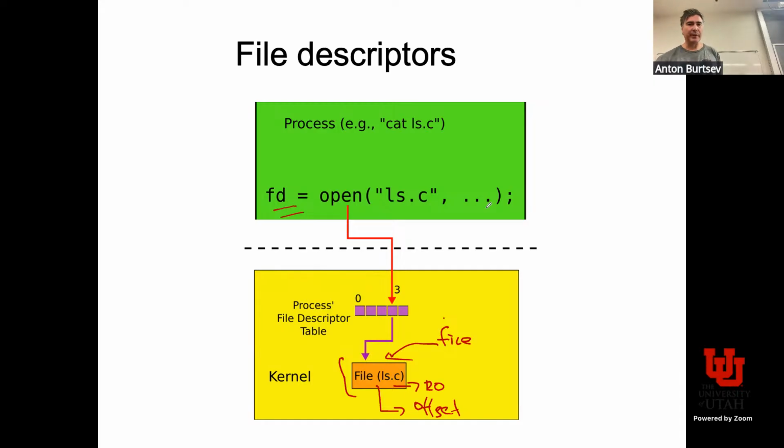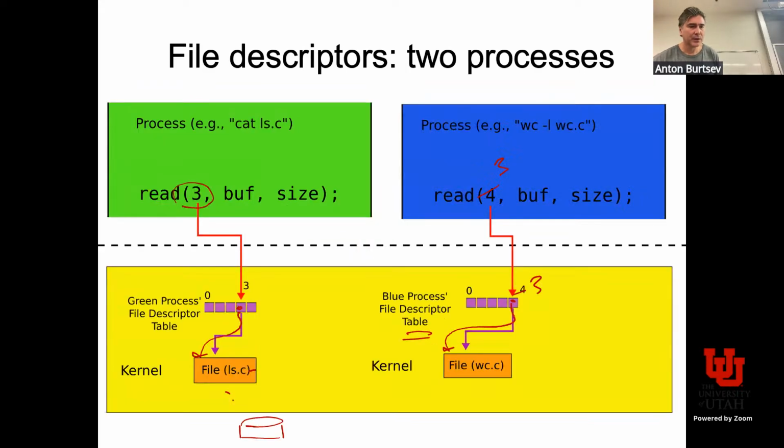Great question. So let me just explain it. In this case, some number in this table can be the same number or a different number, and it will be pointing to the same file data structure. For simplicity, I can say that. In practice, no. Just because you have different offsets within the file, you might be reading from different spots. The way it will work is that it will create another file data structure here.